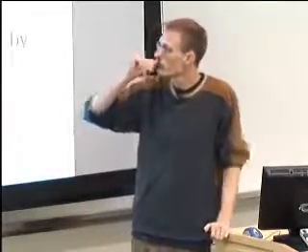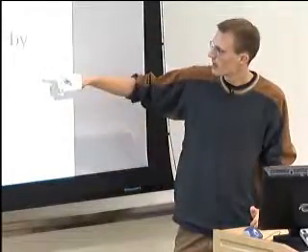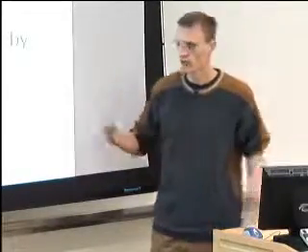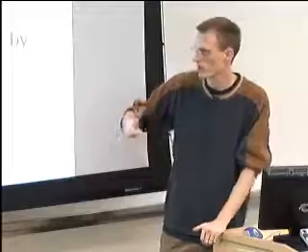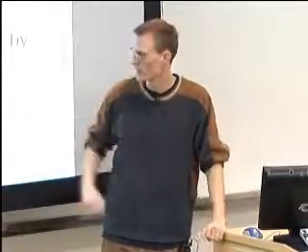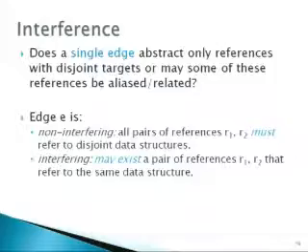For example, we have this array of objects. We'd like to know, do the pointers stored in this array refer to aliasing objects or not? Now, this sharing could occur between 2 references abstracted by the same edge or 2 pointers abstracted by different edges. So there are these 2 dual versions, interference and connectivity. Since they're basically the same, I'm just going to describe interference here, and you can imagine the same thing for pairs of edges in the connectivity property.